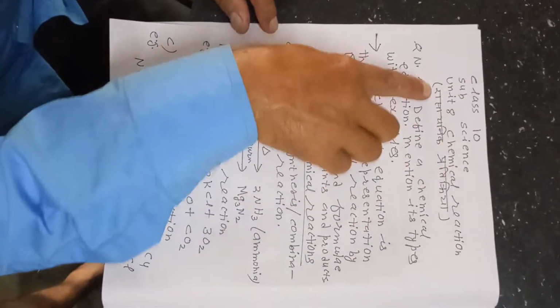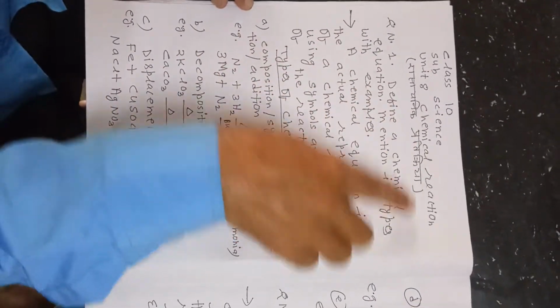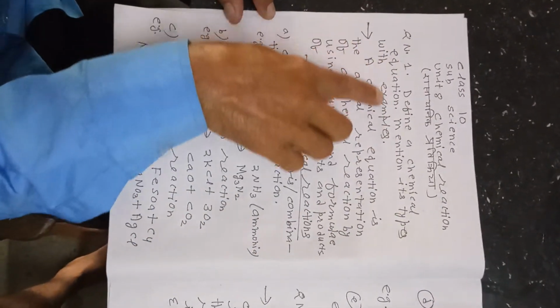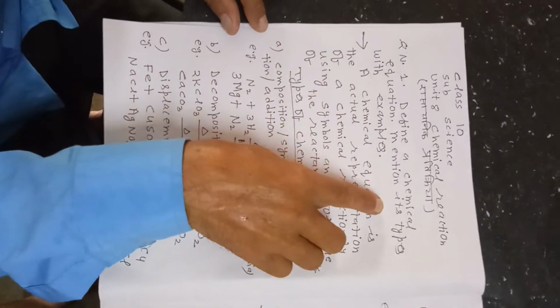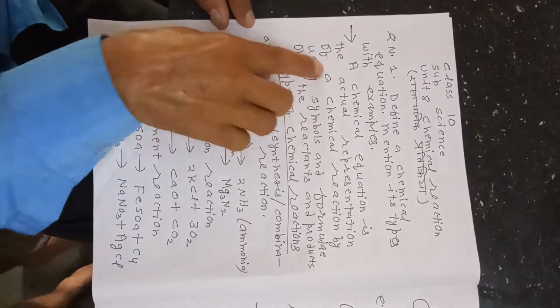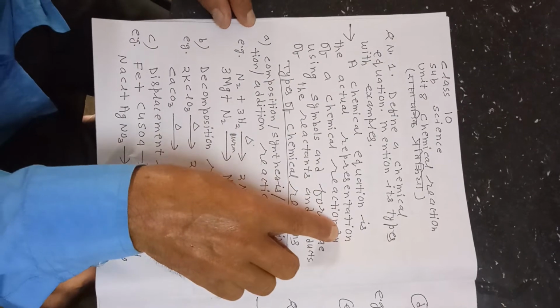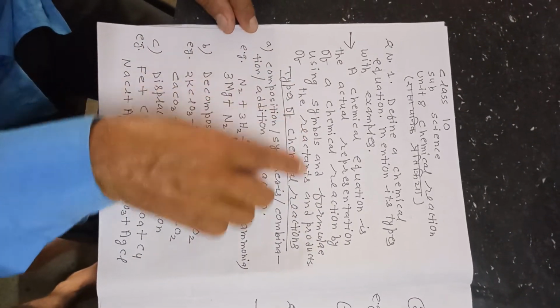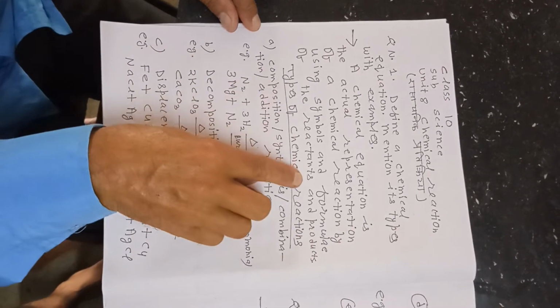Class 10 Subject Science Unit 8 Chemical Reaction (Rasayanik Pratikriya). Question number 1. Define a chemical equation and mention its types with examples. A chemical equation is the actual representation of a chemical reaction by using the symbols and formulae of the reactants